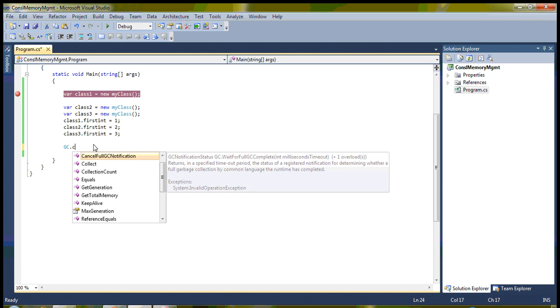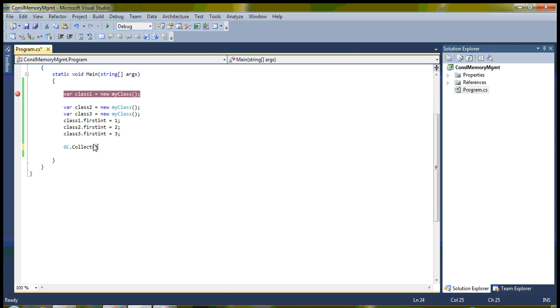What does it show? If you see the metadata of this one, it shows: forces an immediate garbage collection for all generations. Means you know that generation is developed only and only in that case whenever